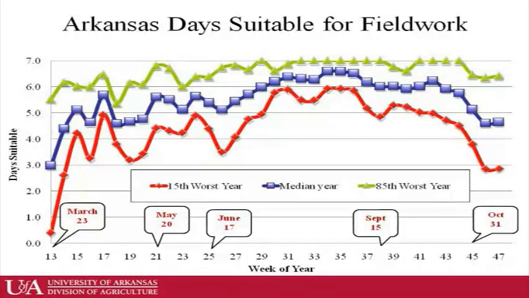I mentioned days suitable for field work. This is data that was collected from USDA, National Ag Statistics Service, from 1985 through, I think this is up to 2008. The line at the top is what we'd expect in a good year. I guess it's a yellow line on the screen. Blue would be what we'd expect in the average year, and red in a bad year. The y-axis has the number of days per week that we're expected to be able to work in the field. Blue again is average, but I'm not too concerned about what I can do in an average year.